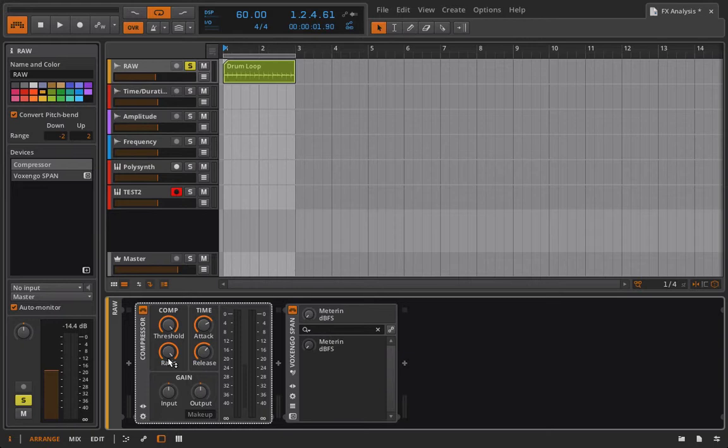So I don't want to really kill this thing. I just want to gently nuance it just a little bit. So I'm going to pull my ratio to maybe, I don't know, 2, 3, something in that range. Let's go with 3 point, whatever that was, 3.5. All right. And right now my threshold is set to 0 dB, which means this is not going to have any kind of effect at all. You can see we're not seeing any blue, so we're not seeing any gain reduction. If I turn this on or off,